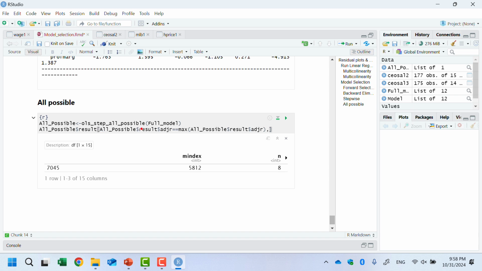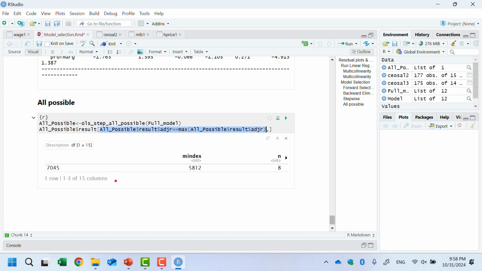Among the results, I want to find the maximum number. Why I do this is that, as you can see, there are a lot of them, and I want to find out which one provides the highest, the maximum. So I want to find the maximum value first. Once you get the maximum value, I want to find out where that maximum happens, and then I just show it.